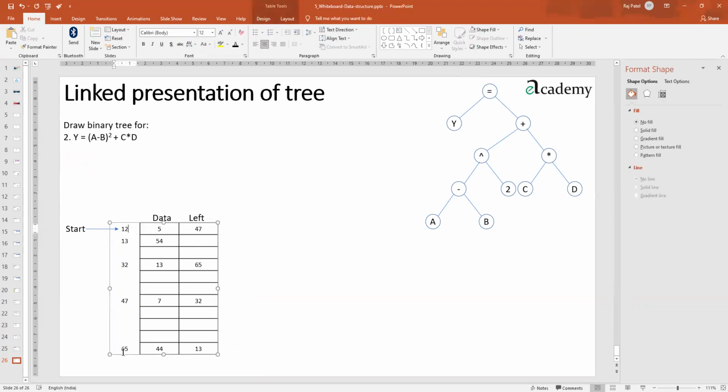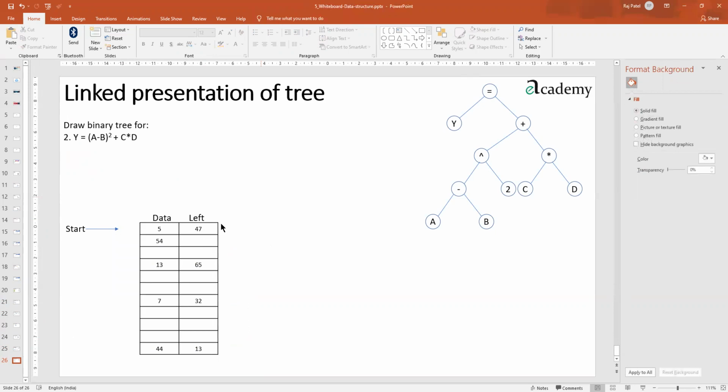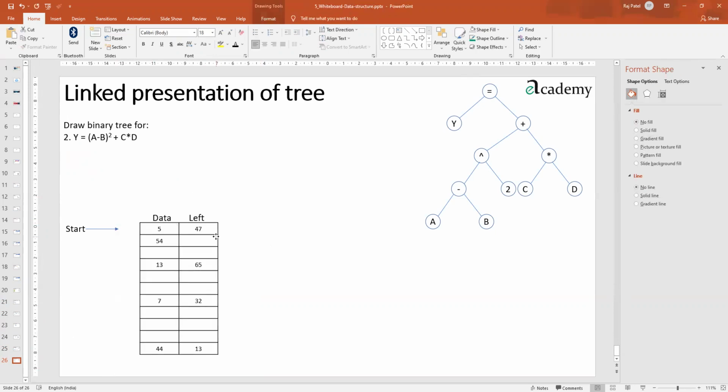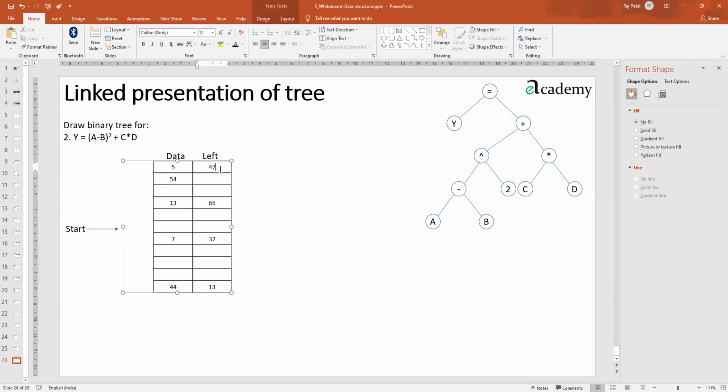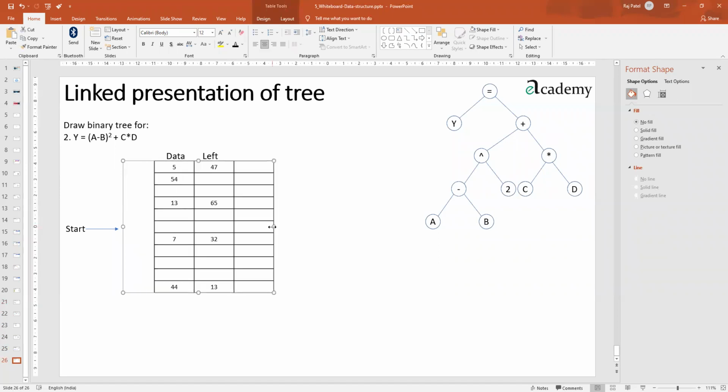These box numbers are anyway not there, so we can go on writing normal numberings. Let me show you. I'll insert one more column to the right-hand side, expand this, left information and right information.